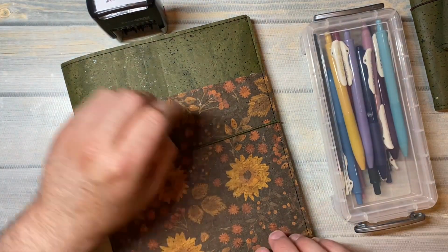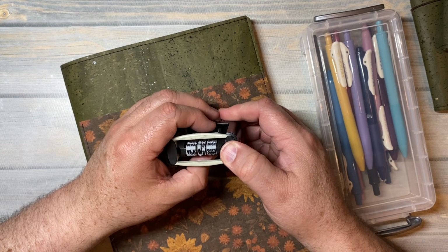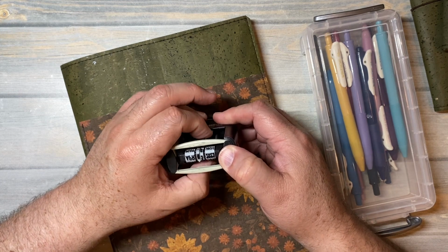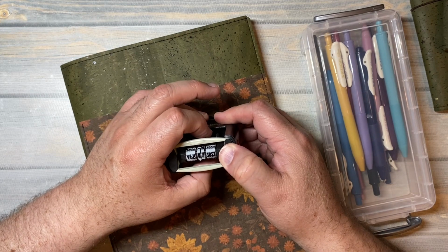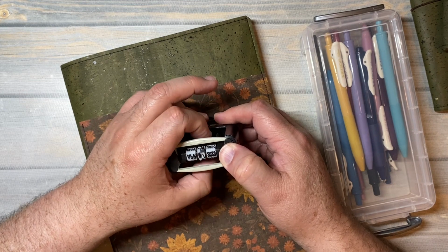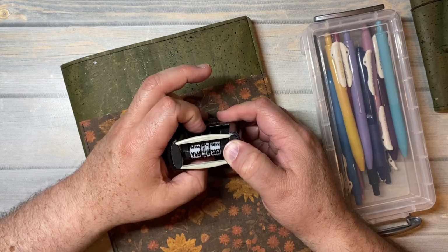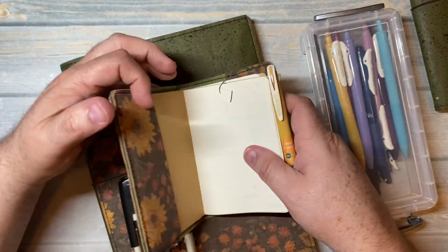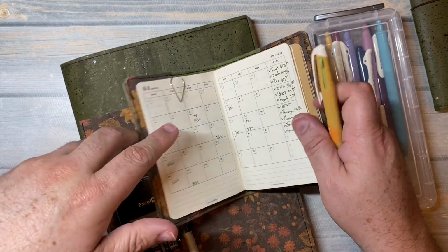But I pull out my little stamper, my date stamper, and I'm having to remember what is today's date? And then you'll see me start to move the numbers around as I'm thinking. And so eventually I'll pull out my little planner and look, and then I'll kind of get this realization, oh yes, it's the 11th. And so I'm getting that all set up. There I reach for my passport and look at the date, and yep, it's the 11th. So I can